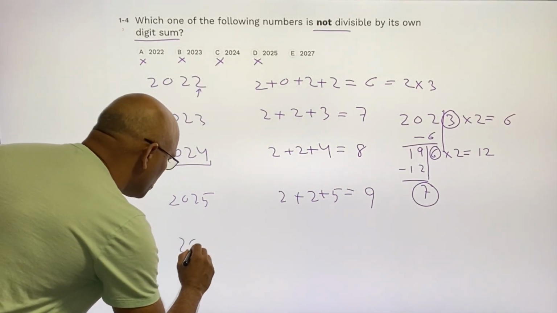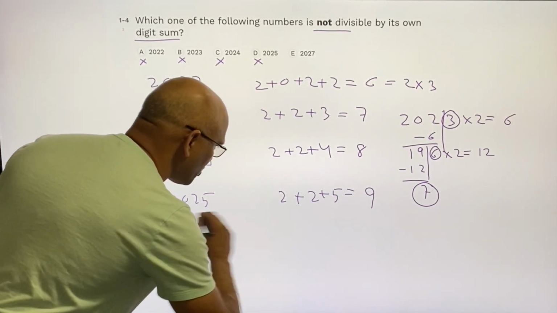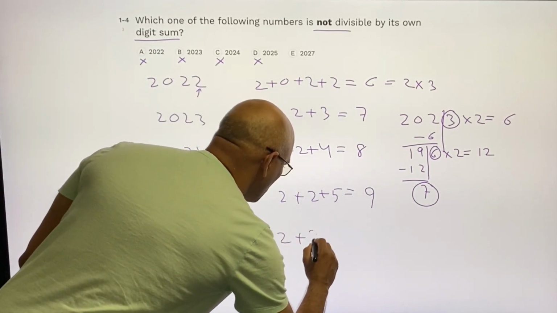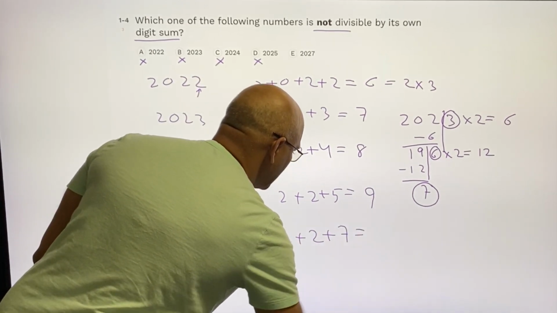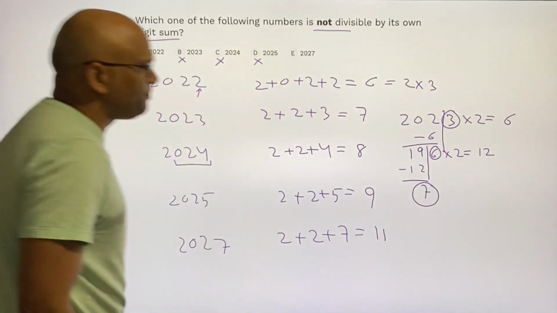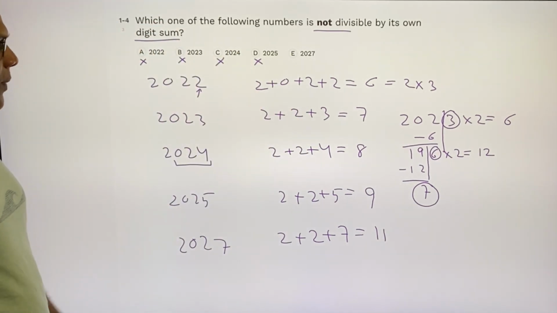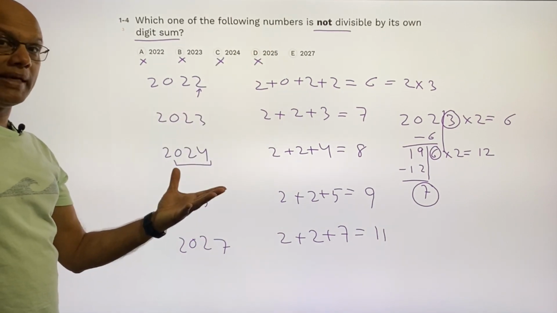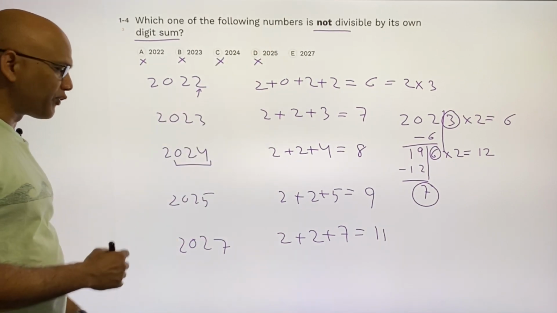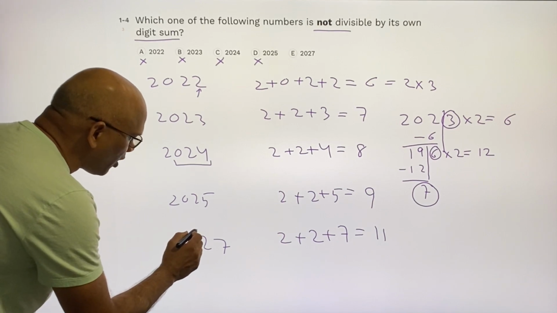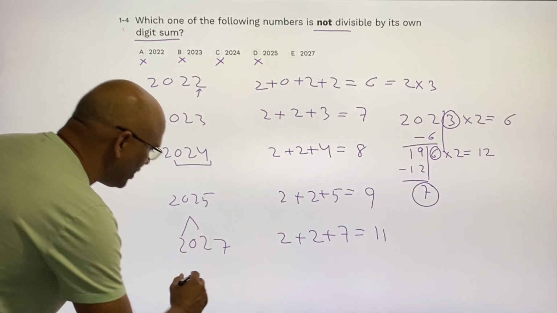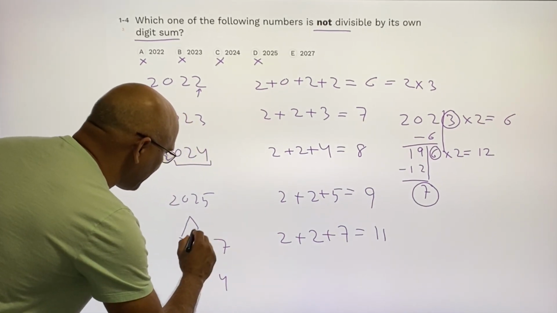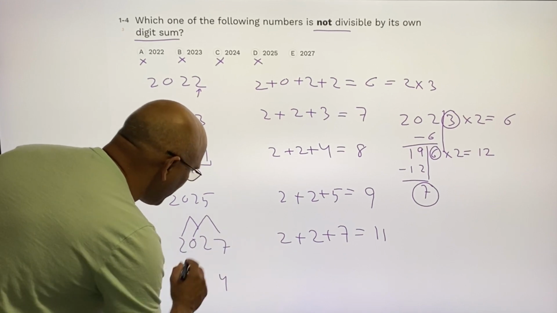2027. The sum of the digits is 2 plus 2 plus 7, which is going to be 11. Again I can try to divide this number by 11 and see if it is divisible, but again there is a quicker trick for this. We sum the alternate digits. In this case 2 plus 2, that is going to be 4, and then 7 plus 0 is going to be